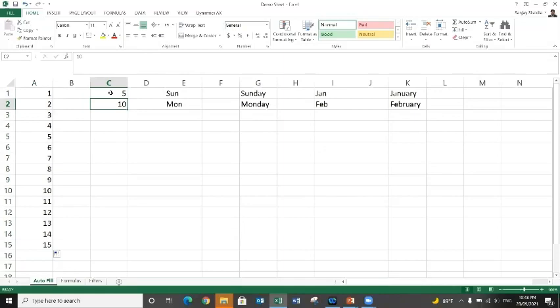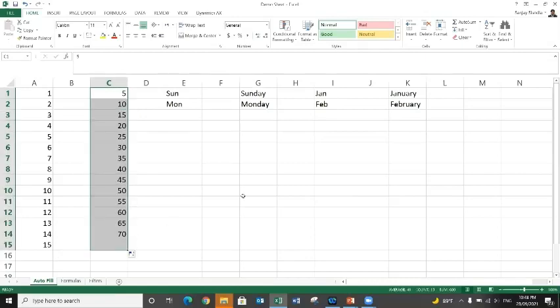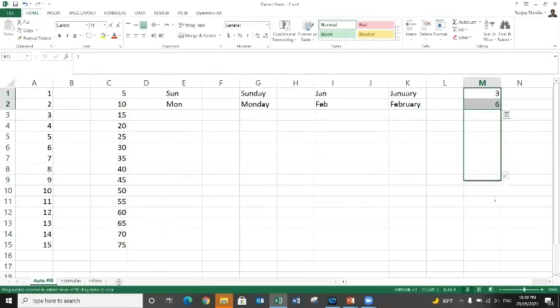Here I have another example, 5 and 10. So here I'm basically telling Excel that my numbers are increasing by 5. So again, I will select both the numbers, take the pointer of the mouse to the right and bottom corner. As soon as the shape of the pointer changes, I will start dragging. And here we go. The numbers are increasing by 5. Let me give you another example, say 3 and 6. Again, I have selected both the numbers and I'll start dragging it. So the numbers are increasing by 3.